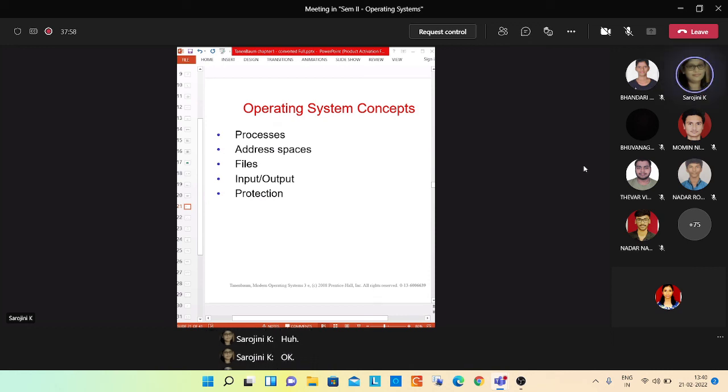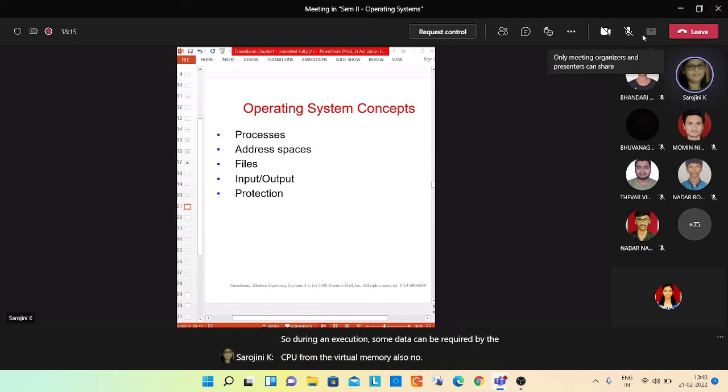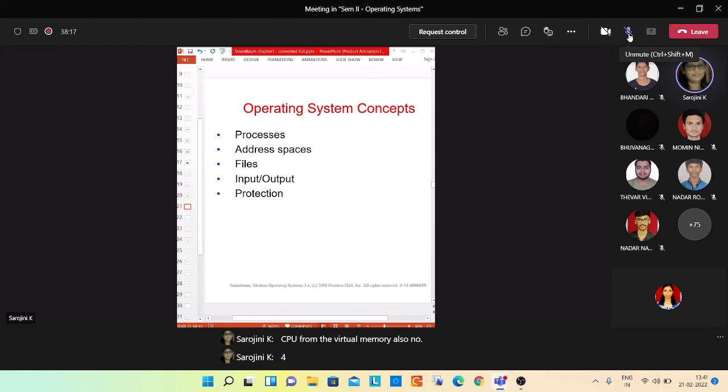So 5 cells will be in the main memory, 5 cells will be in the virtual memory, which is nothing but a portion of the secondary memory. During execution, some data can be required by the CPU from the virtual memory also, no? So the operating system will do swapping.